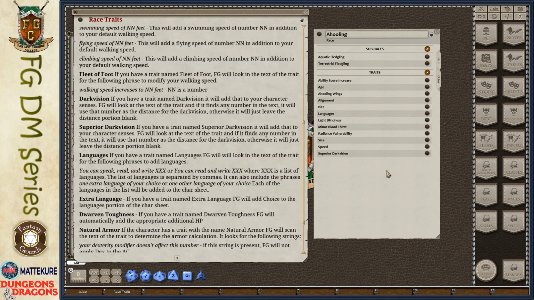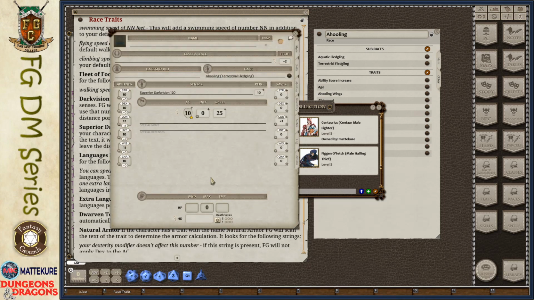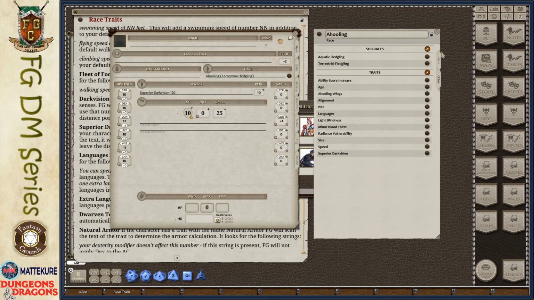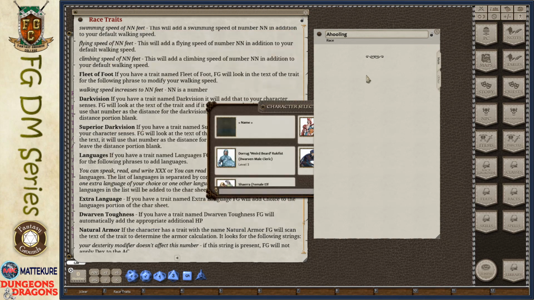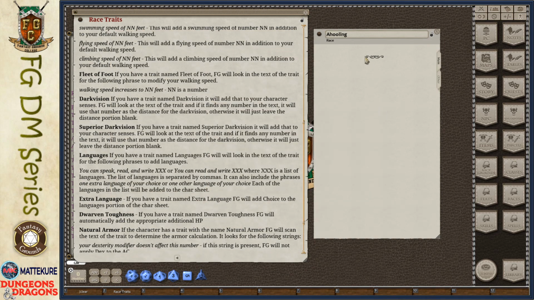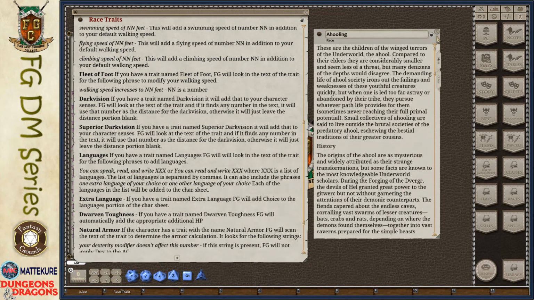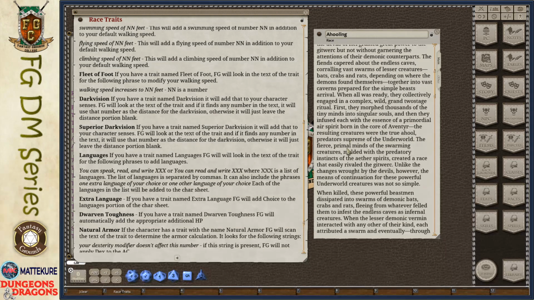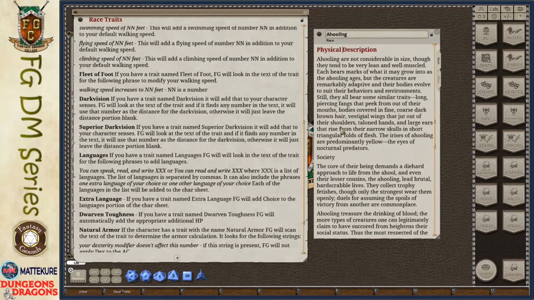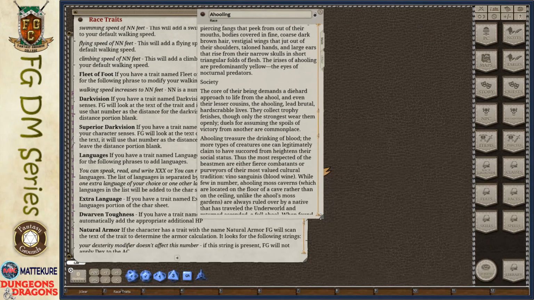Now, at this point, I would say we're not quite done yet, because when the player goes to open up their character, if they click on their race, it'll come to this main tab and it's blank. There's nothing there. So in order to help our players out, it's helpful for you to go ahead and include all of the additional flavor text. So I'm going to copy and paste, and this will seem very large, some of the flavor text that comes directly out of that PDF, and format it nicely so that when players read, they have all of the information at hand.